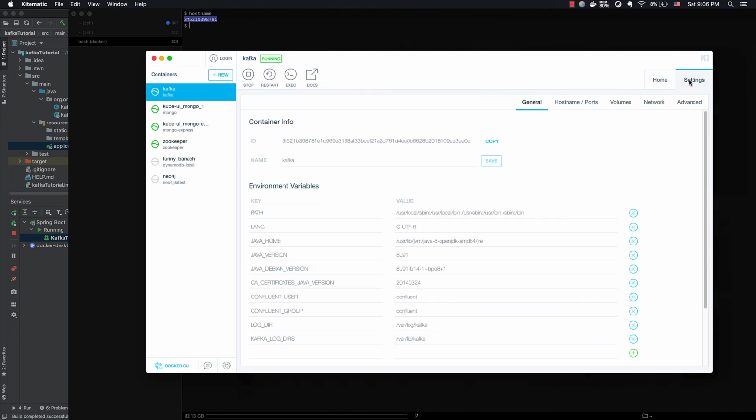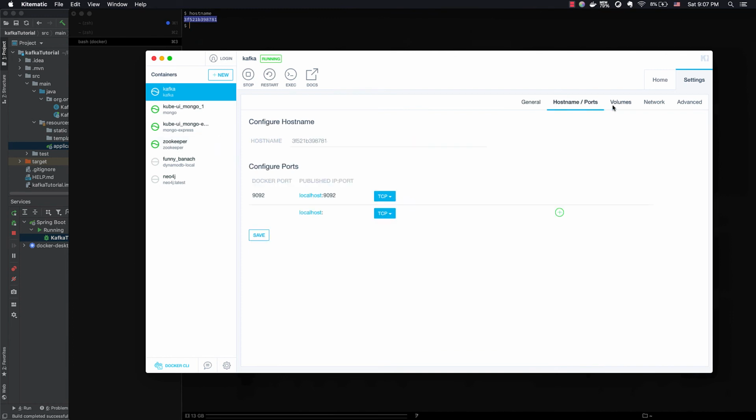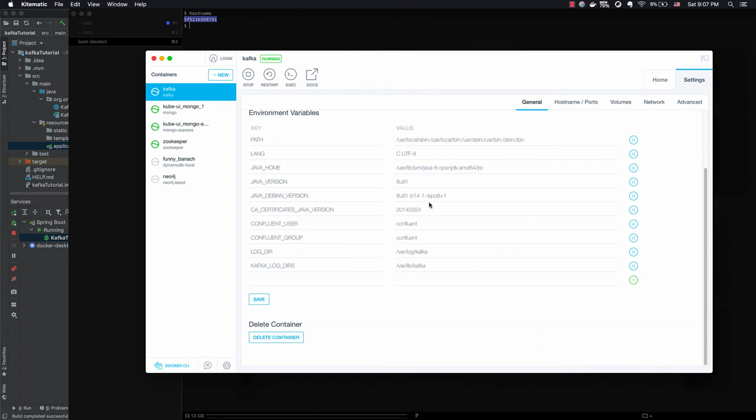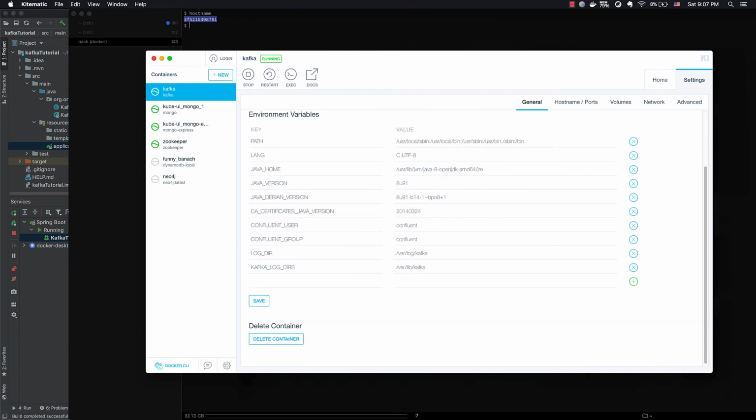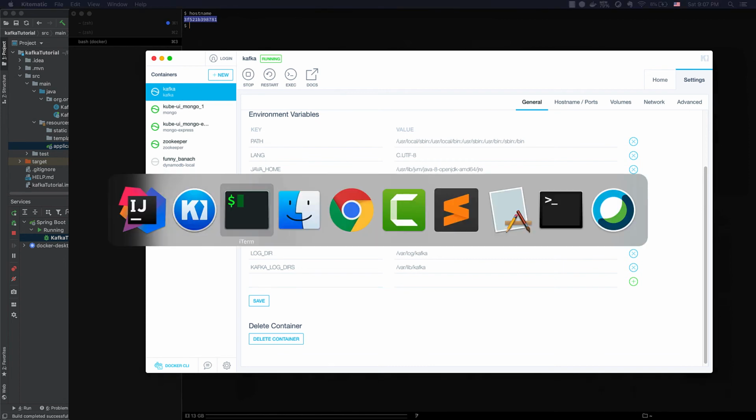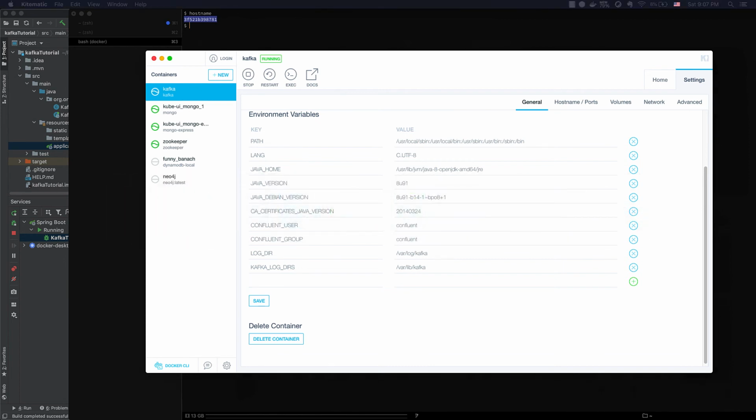It's really handy when you are trying to do these kinds of different configurations for your containers or images. The way to do it is when you are booting up your Kafka instance, to add a new environment variable, which is called